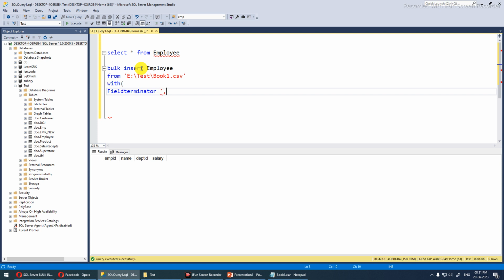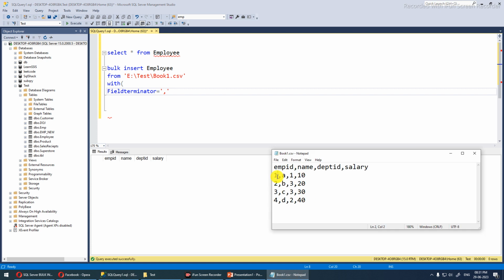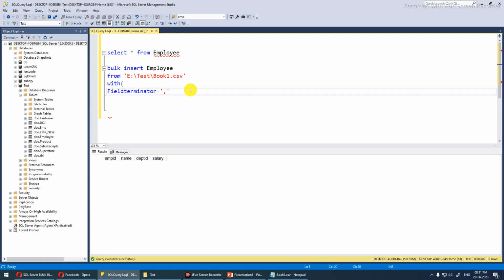Single quote, that's the comma, because this file's data are being separated by the comma. So each of our values are being separated by comma, that's why I took a comma. And next parameter, and comma, this comma is for the next second parameter.